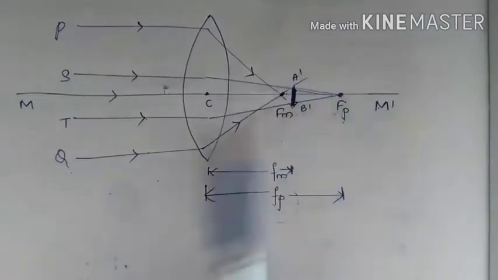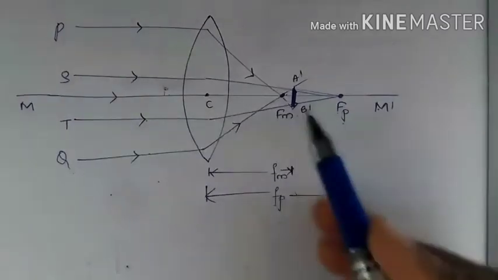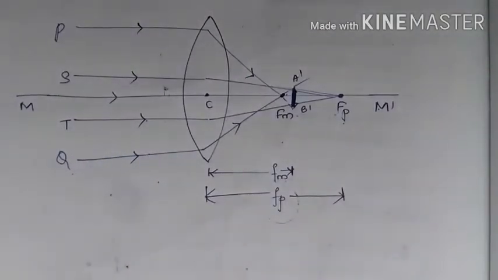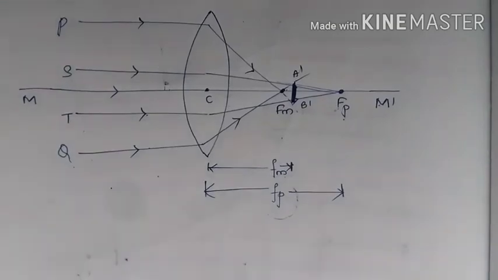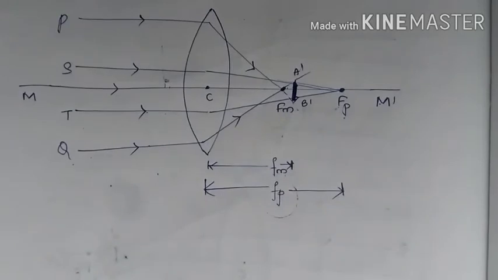Due to the two different focus points, the image formed will not be sharp. Now we extend these two rays such that they intersect the paraxial rays at a point, and there a sharp, focused image will be formed, known as A prime B prime. The defect in a lens due to variation of focal length for different portions of a wide aperture lens is called spherical aberration. So this overall picture is for spherical aberration.